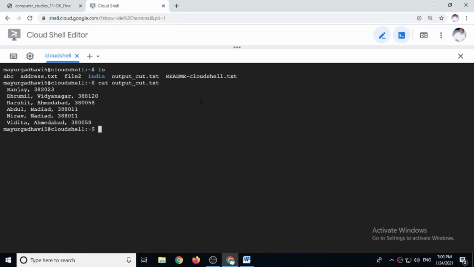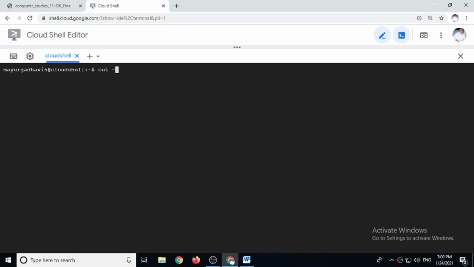Let's write both these commands: cut -d, -f1-4 means the first to fourth fields from address.txt to part1.txt. It will not show you output.